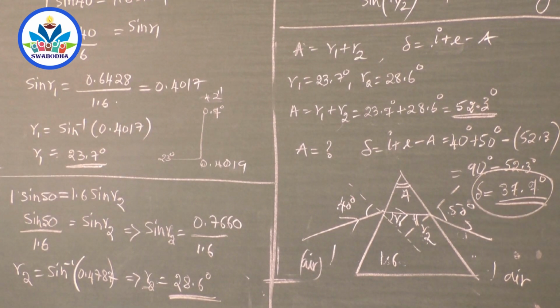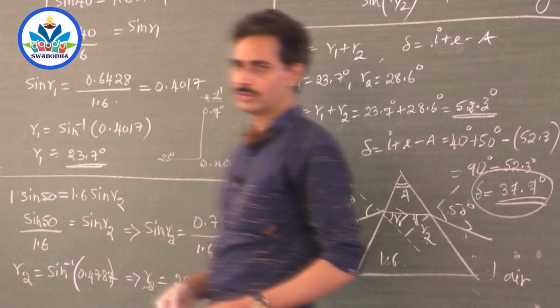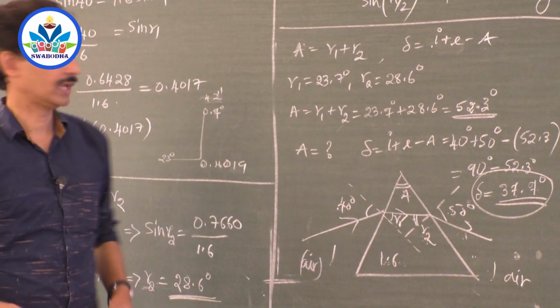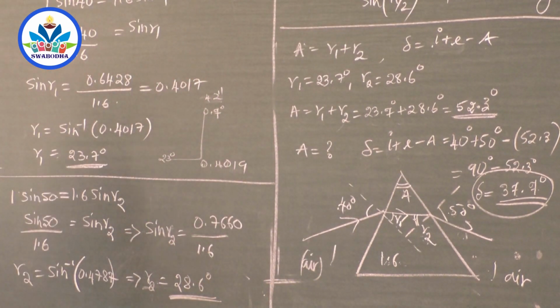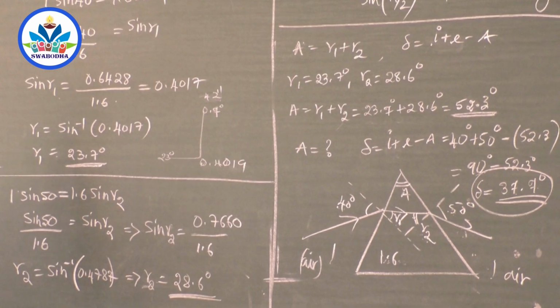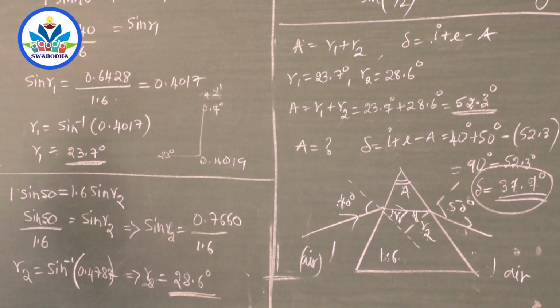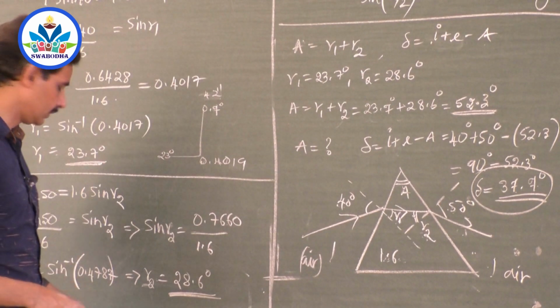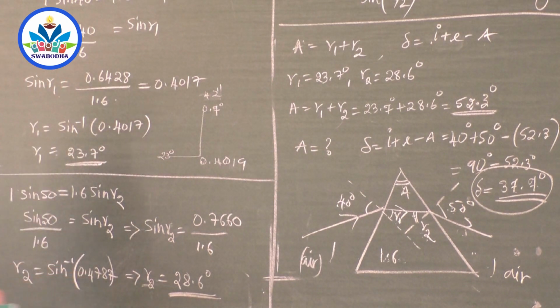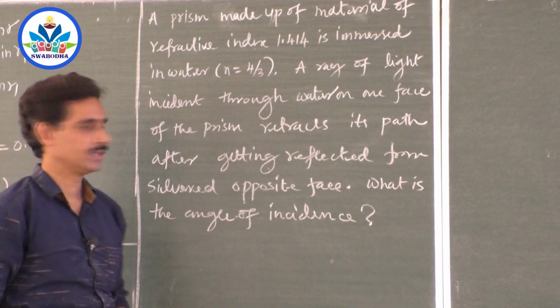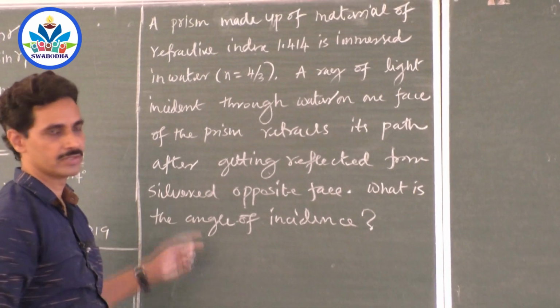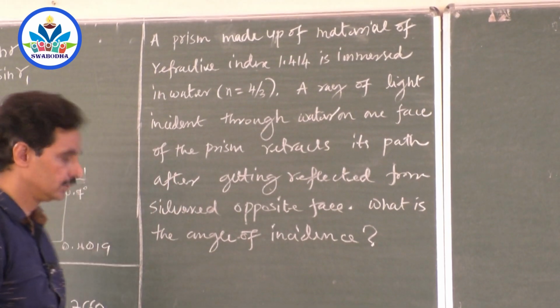So there is no shortcut method here. You have to go for the full calculation, and you have to do that in the same way, right? 37.7 degrees, right? Okay. So see the method, and you should be very good in using the logbook. Now we will see one more problem of a similar type. You can take it down.